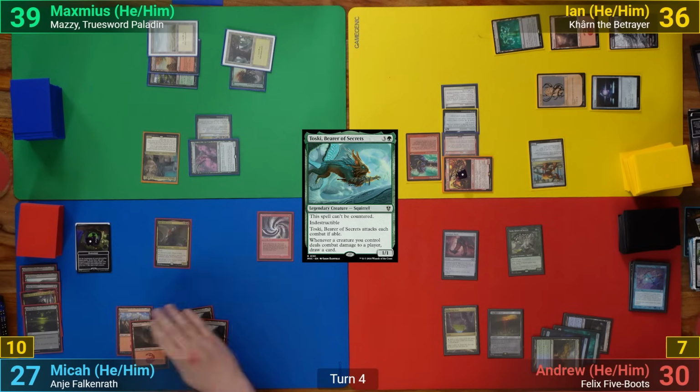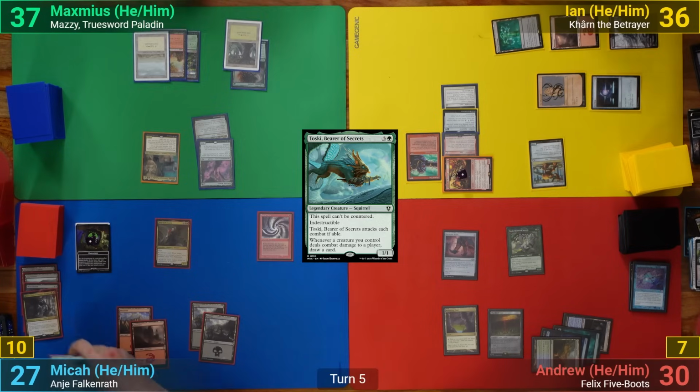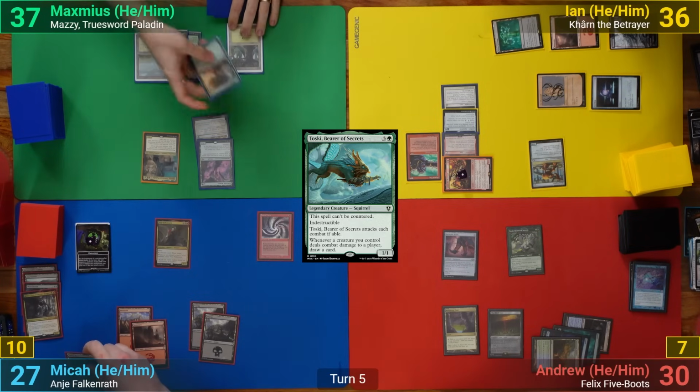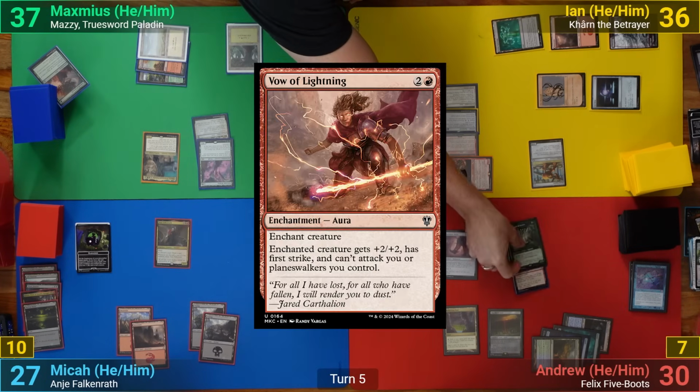He just plays a mountain after that, and passes. Maximus loses 2 to Stormworld, and then draws for turn. He sacrifices Unbridled Growth to draw a card, and instead of it going to his graveyard, gets to exile it thanks to Mazzy. He follows up by casting Vow of Lightning onto Toski,